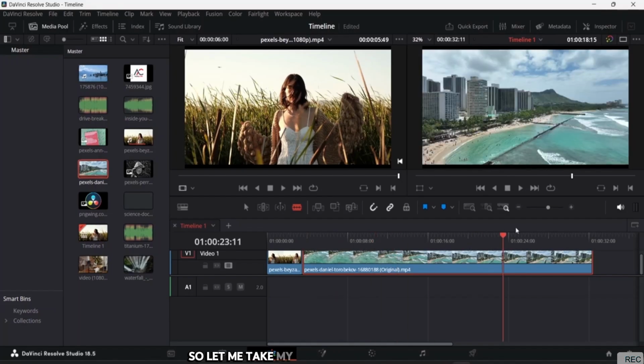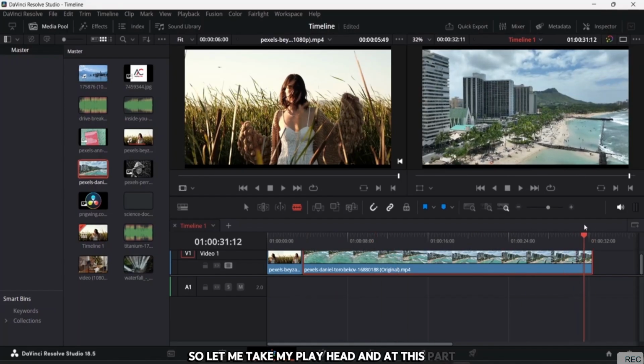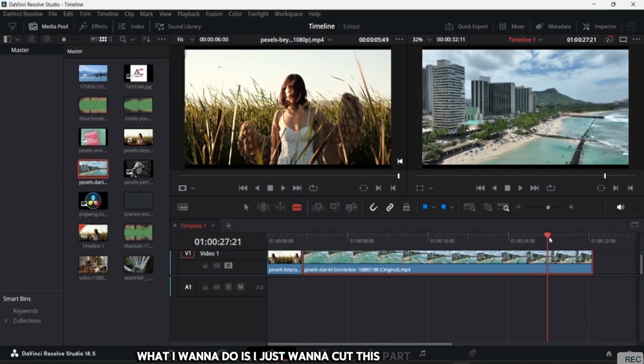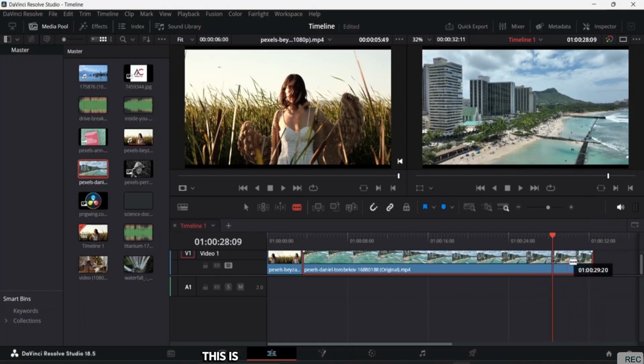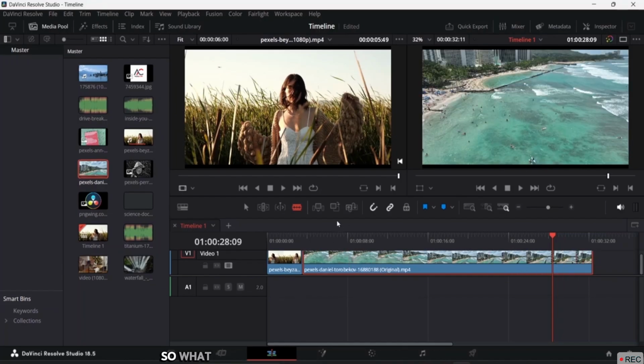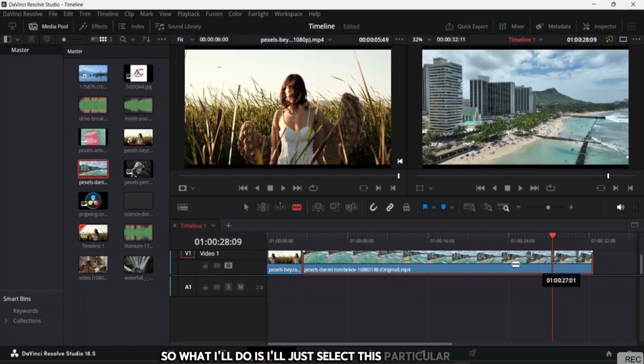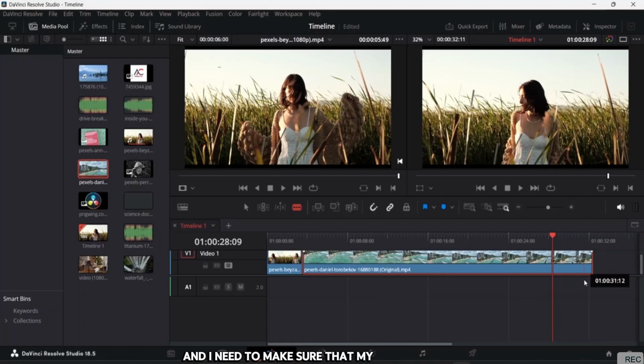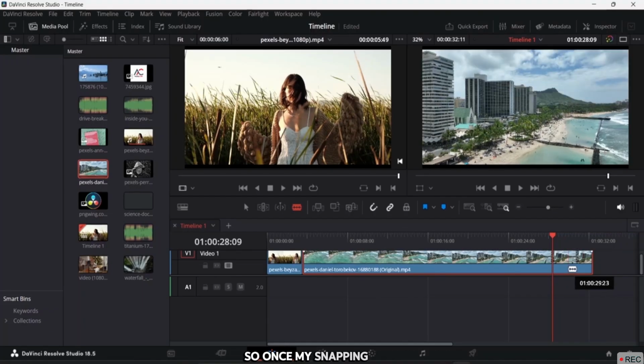So let me take my playhead, and at this part, what I want to do is cut this part from here. This is the extra part which I don't need. So I'll select this particular tool, and I need to make sure that my snapping is on. Once my snapping is on and I move my playhead to give a cut,